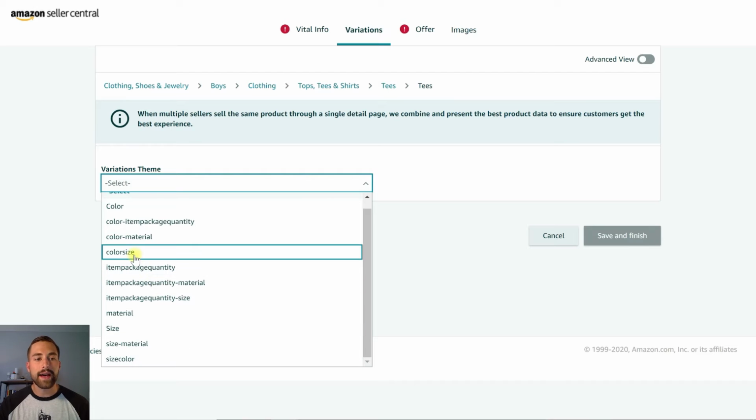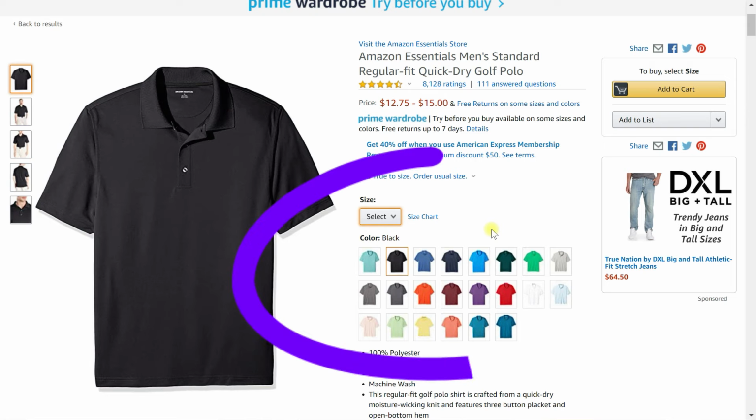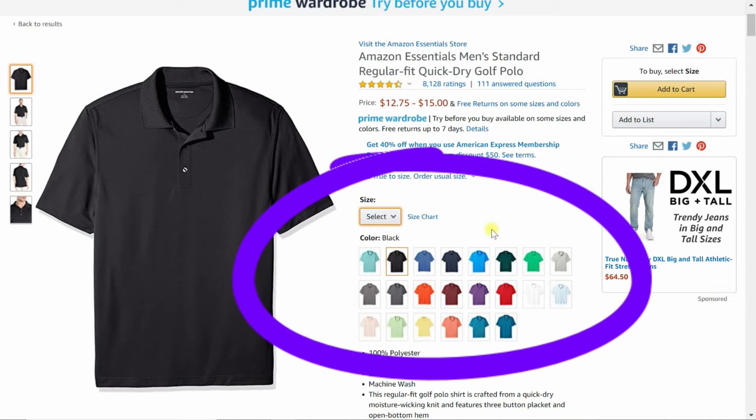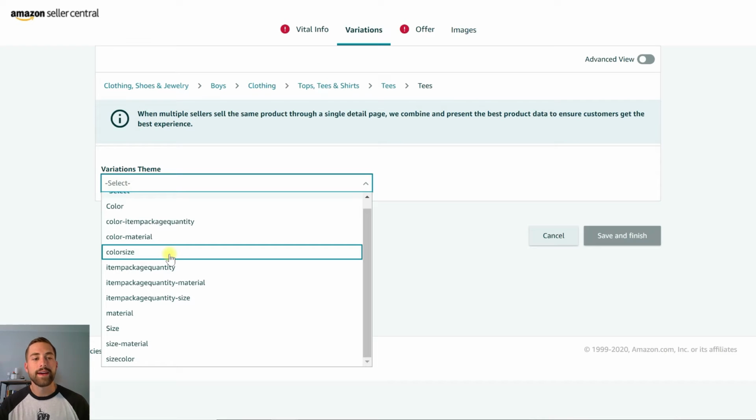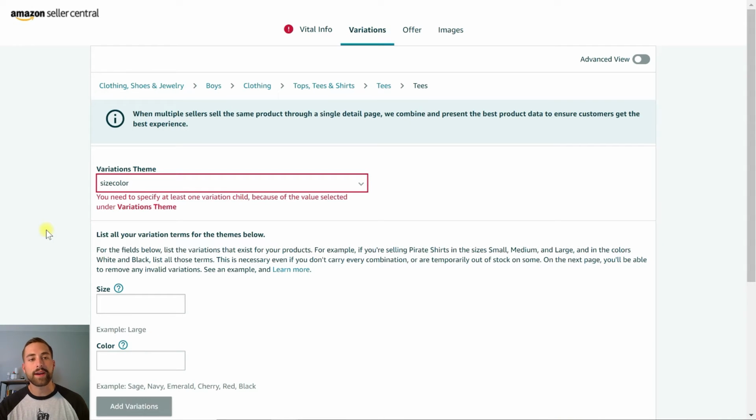Now you will see that if you do have two different variations such as this, that there's a color size and there's a size color. All that means for you is which one do you want your customer to see first. If you wanted your customer to see the size first, you would do size color, and then they would see the color second. If you wanted your customer to see the color first and then the size, then do color size. For us, I think it's just a lot more simple to do size and color. That way they can pick their actual size that they want to wear for this t-shirt, and then all the different color